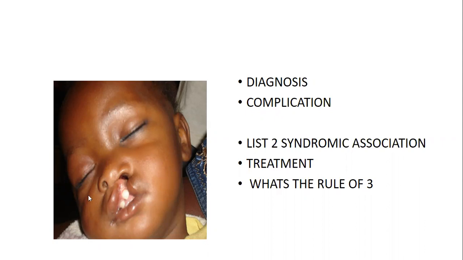For cleft lip, right? They don't have problem with those things you are talking about. They only have problem with cosmesis. That's the only problem they have. It is cleft palate, which I will show you in the next OSCE. Not this one today. The next OSCE I will do, I'm going to ensure I get the cleft palate picture for you. They have this problem of speech,